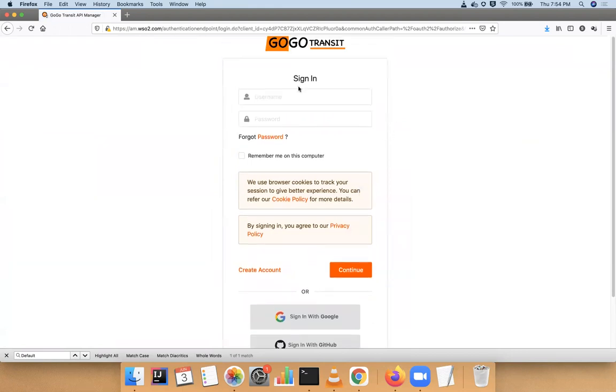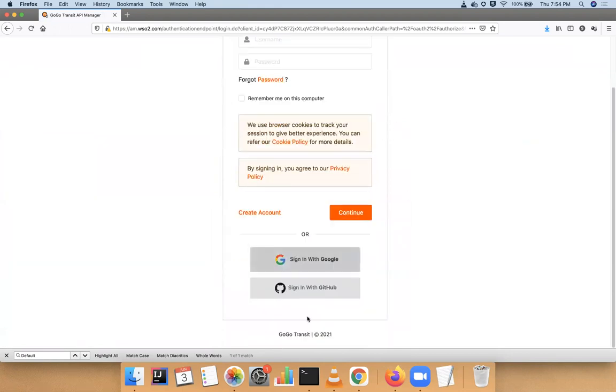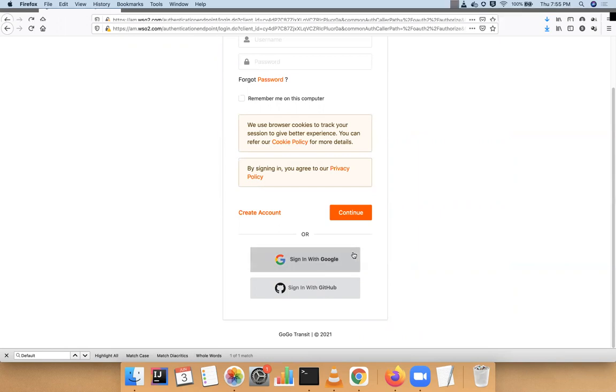So when you go to sign in page, you will see this, and here you can see some common identity providers I configured. So I have configured API Manager Developer Portal to sign in with Google and GitHub. Right. So without any additional component, you can configure API Manager to work with common identity provider. You just have to provide some configurations, and then it can communicate with identity provider and authenticate your users.